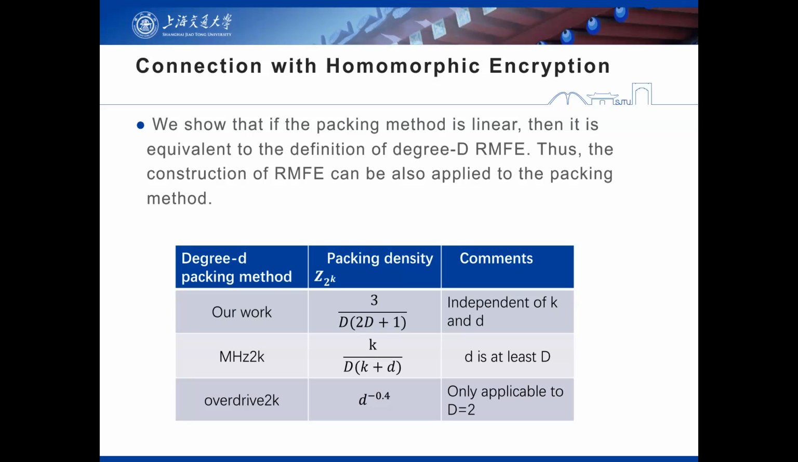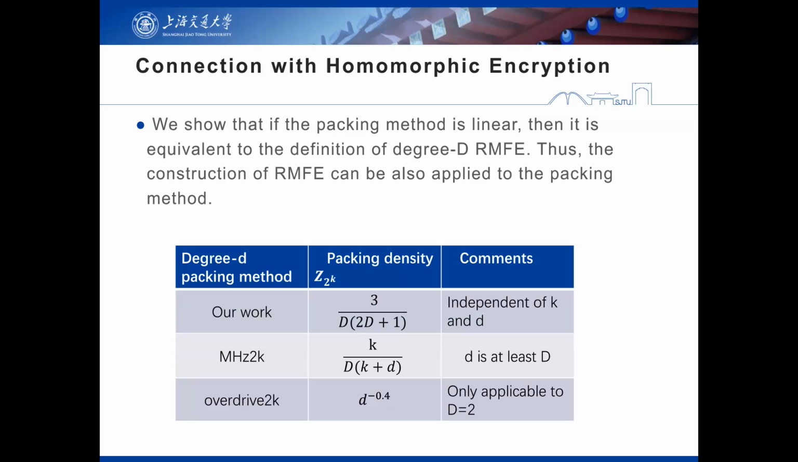And then we provide some comparison. In our work, the packing density is roughly 3 over d times d squared, and in their paper, they provide another construction. Actually, they tweaked the packing method. It's not exactly the RMFE, but here is their k divided by d times k plus d. k is the packing method over Z_2^k, and d is at least d, which is the